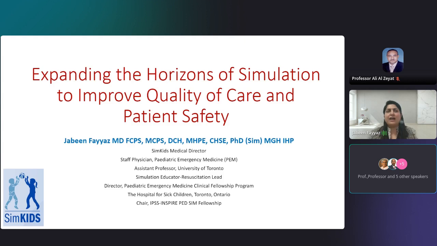Likewise, simulation is always thought to be a very high-cost technology. You need a fancy sim center, you need fancy mannequins, which is very costly to incorporate into this teaching and learning methodology. But I just think it is not true. Simulation can be done in a very low-cost manner, and it can be done in many other ways